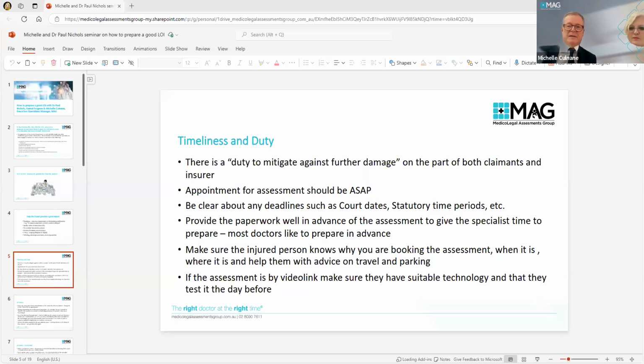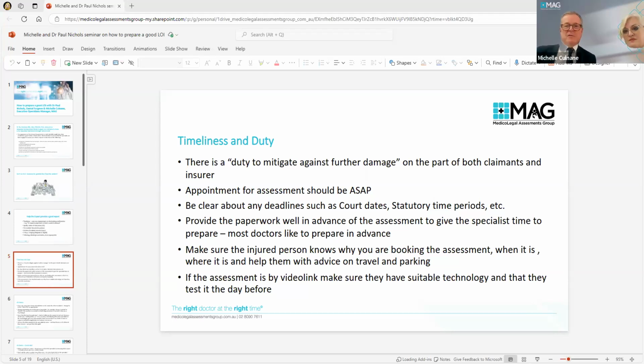Because of any further damage that's done, for instance, if a tooth isn't treated immediately, then the nerve will die. And instead of having a simple filling for a couple of $100, you've got a root canal therapy and a crown and all sorts of things for up to $5,000. And the insurance company is going to want to know who to blame for that.